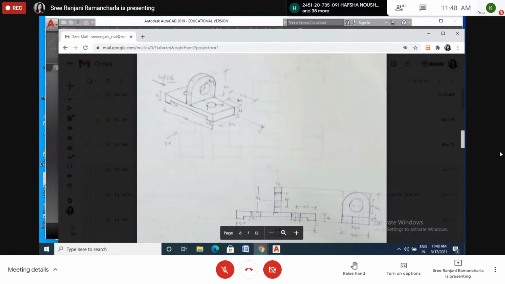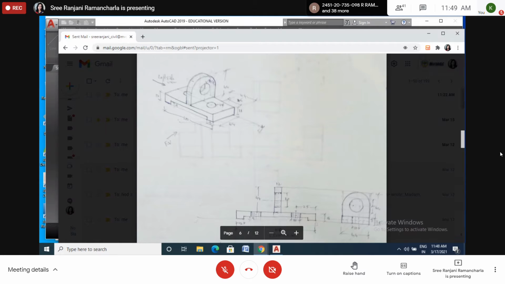Now these are holes. So these holes are not seen. So we have to draw the hidden line here. It should be a hidden line. This one also should be a hidden line. Please correct it because when we see from front view, this is not seen clearly. It's hidden, so we have to draw. Please try to draw this one as a dotted line. This one should be a dotted line. This one, and this one.